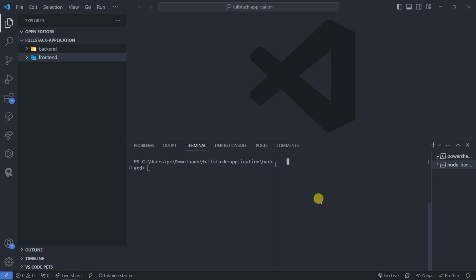Let me just stop that front end. We are going to work on the backend. So this backend application here is an empty folder, there is nothing inside. So the first thing to start, we do like this: